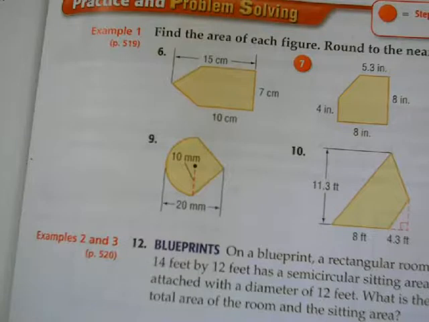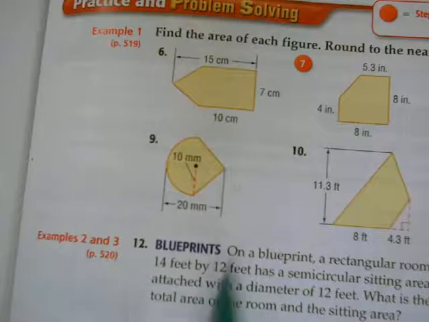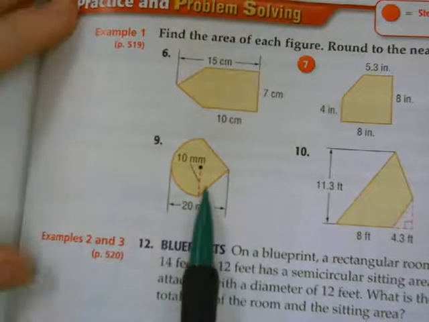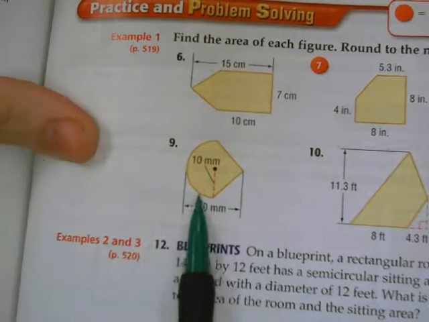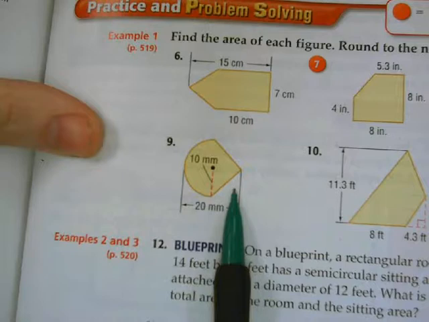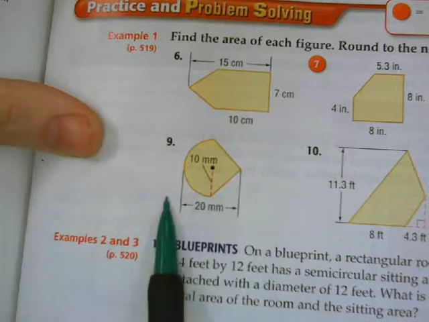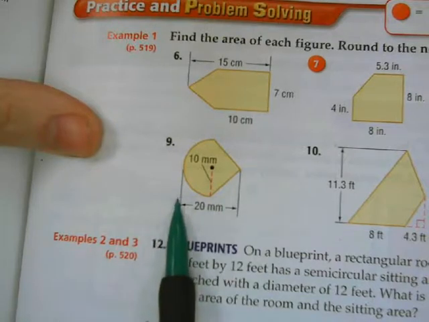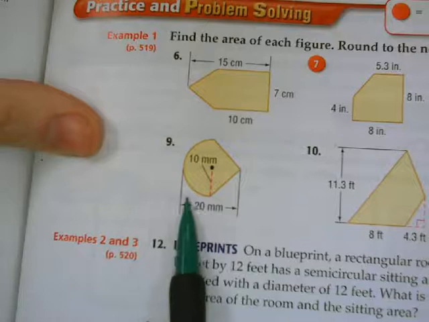Okay, so we are looking at what's called a composite figure. Let's look at number 9 here. Now, it's called a composite figure because it's made of more than one figure. Any figures that they make have to be made with the figures that you can find on the reference sheet,